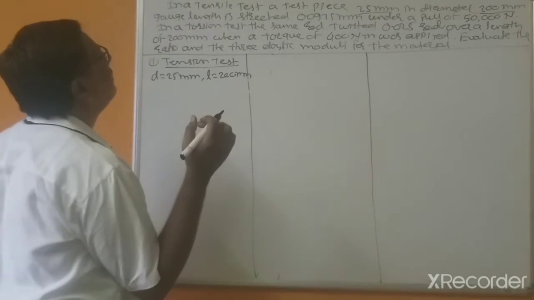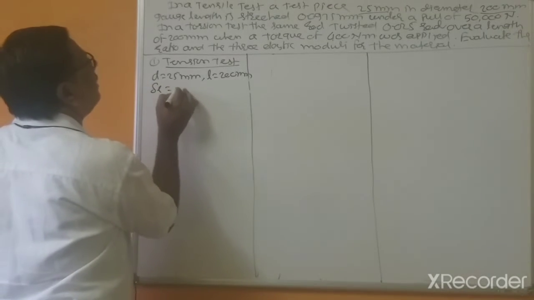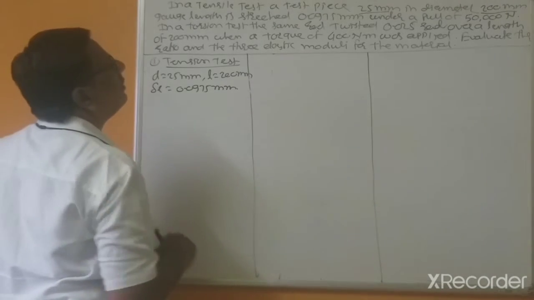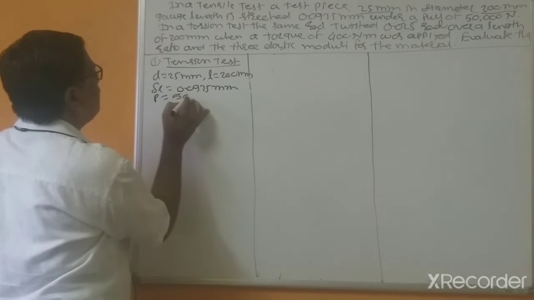And next, stretched delta L equal to 0.0975 mm, P equal to 50,000